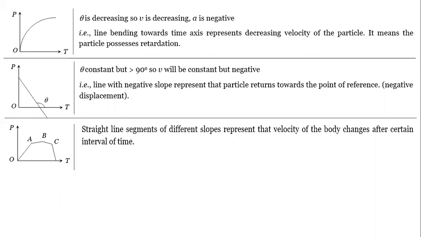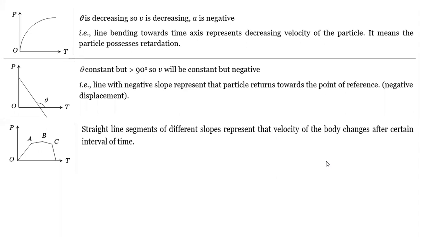It is not at all related to the acceleration, because here the velocity is not changing for a given time. For a given time, velocity is constant. So it is your uniform motion for a particular time interval. But when you talk about the total motion, that time it is your non-uniform velocity, non-uniform motion for different time intervals.